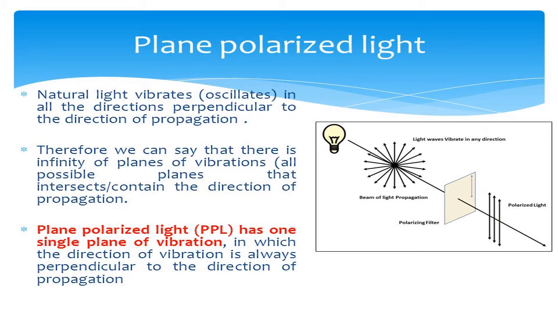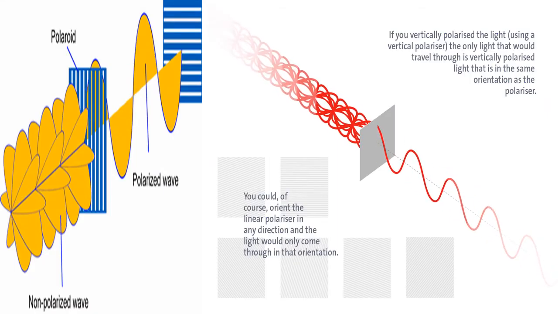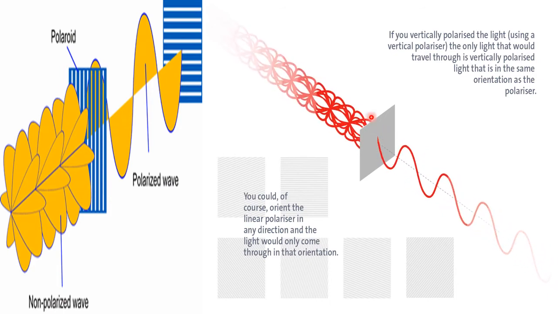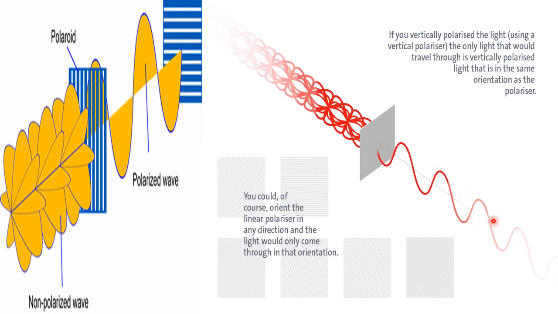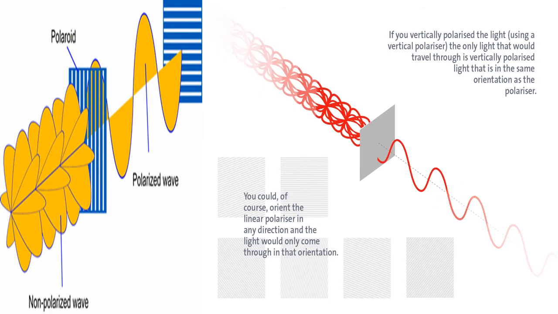To understand this, I am going to show you one more slide where it can be easily understood. Please see this one. So here, this is what? Normal light, which is vibrating in all the planes. When it is moving via this Nicol prism or the Polaroid, now you see the movement. See the movement here. In one plane only. So this is called plane polarized light. This is a diagrammatic way of representing. This is one animation.